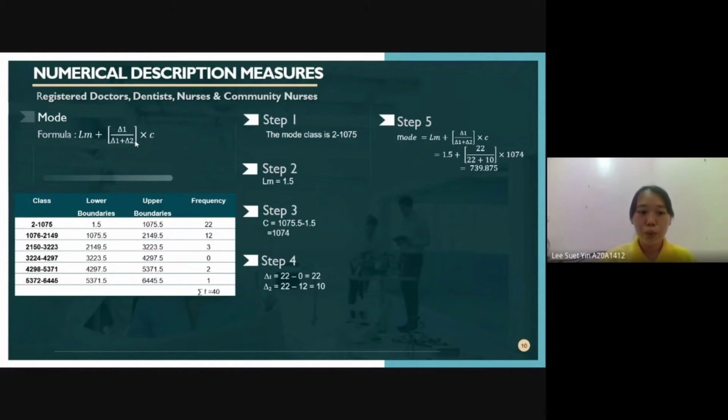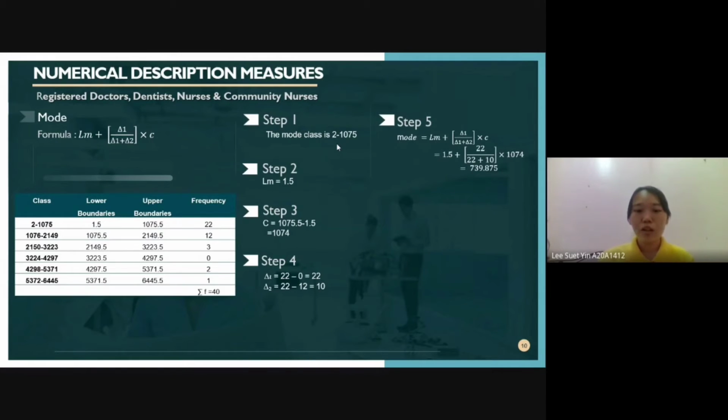So we will determine the location of the modal class. We base it on the higher frequency, which is 22, the higher frequency. So the modal class is 2 until 1075. We go to step 2, determine the lower class boundary. The lower class boundary is 1.5. And step 3 is class size. The class size we get is